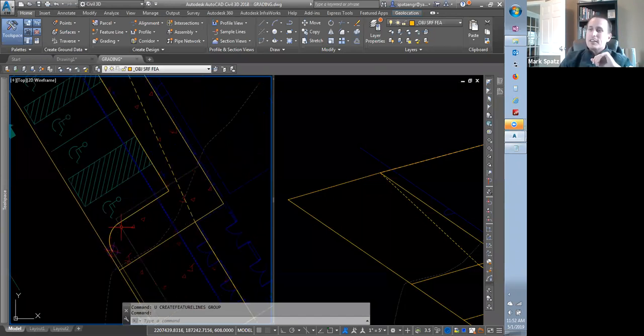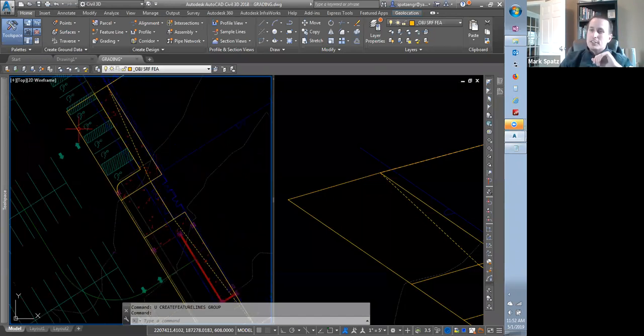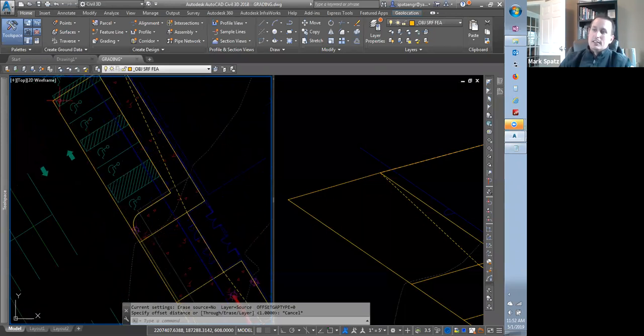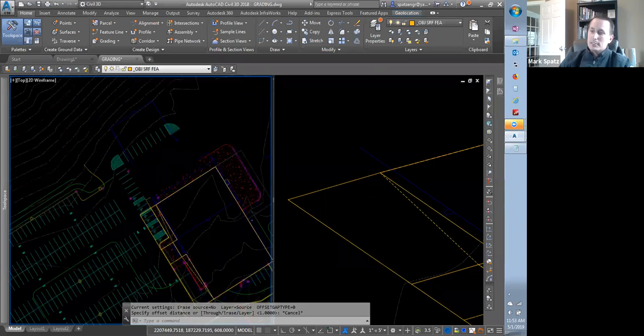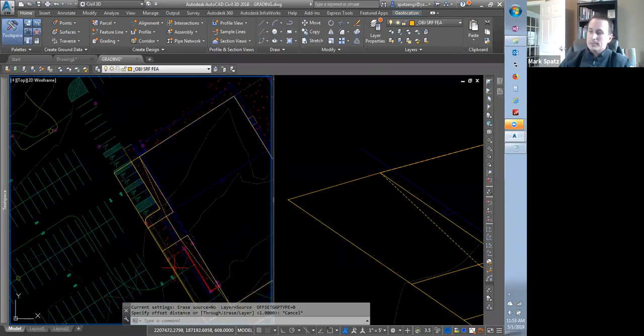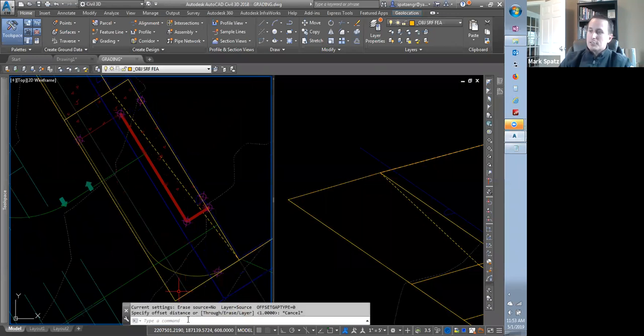So the best way to do that is just offset this whole feature line. So grab this feature line, just use the offset command, offset it a foot out. Then you can just use the extend command to extend these break lines down to it. And then just grab one of them